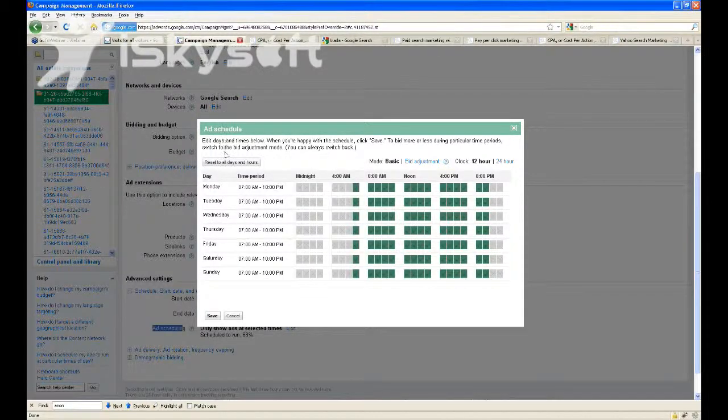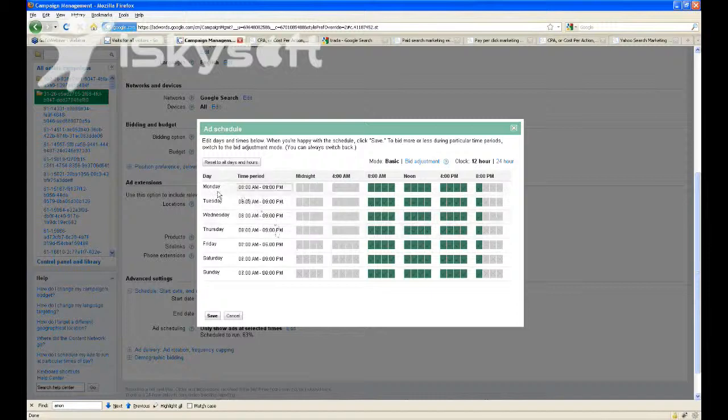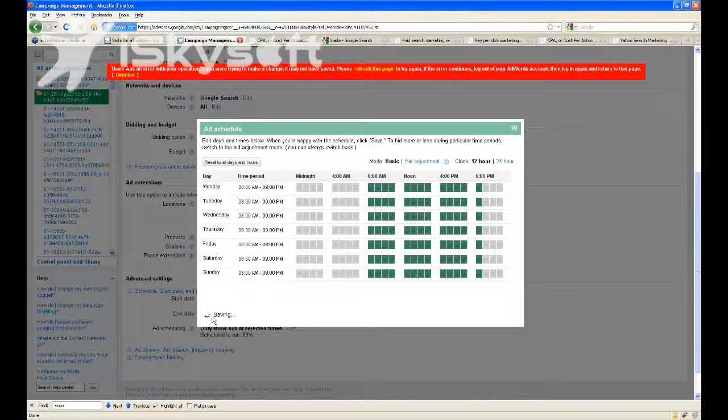Going back into Google AdWords, you basically can click on here. You can specify the times of the day that you want to be running. Let's say 8 to 9 is probably the most effective use of our money. The little trick here is if you hit copy to all days, it'll take all of this and make everything you're running 8 to 9. If I didn't want to run things on the weekend, I could turn those off specifically. It so happens from experience that people actually do a lot of research on our product on the weekend. They're reading blogs and things are linking to us. I go ahead and I hit save, and AdWords gave me an error. How about that? So perfect. That's my one demo snafu.